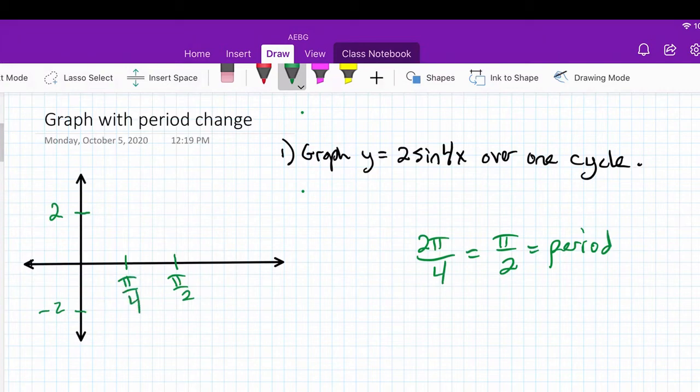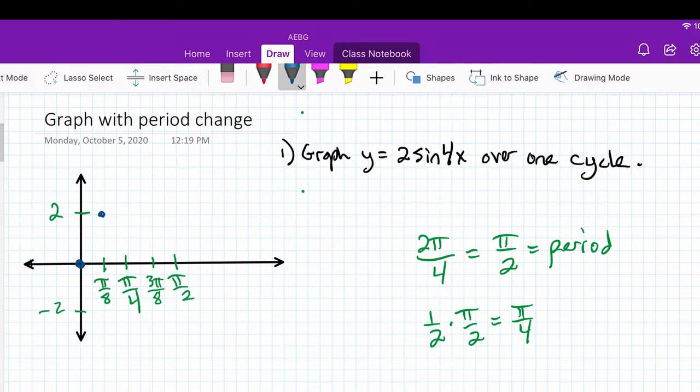How did I know pi over 4? Well, because half of pi over 2 is pi over 4, and we are halfway in. What's half of pi over 4? It'd be pi over 8. Now the very last one I want to mark is right in between pi over 4 and pi over 2, and I just count up. 1 pi over 8, 2 pi over 8, 3 pi over 8, and the last one is 4 pi over 8. I have all of my x-axis values marked, and now I am ready to graph.